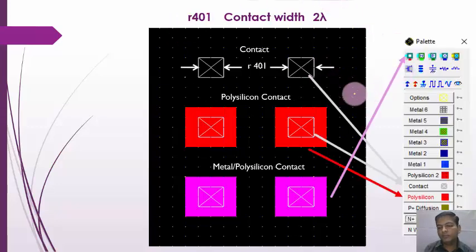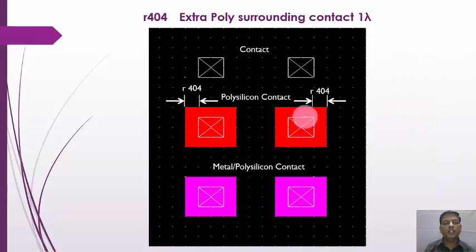And contact we have taken from this particular layer. If polysilicon, so here, and if you want contact directly, you may take it from this particular location. Polysilicon metal contact from this, and NMOS and PMOS contact should be from here, and metal contact and different metals over here. So these are the contacts.